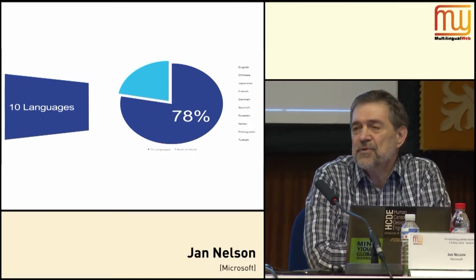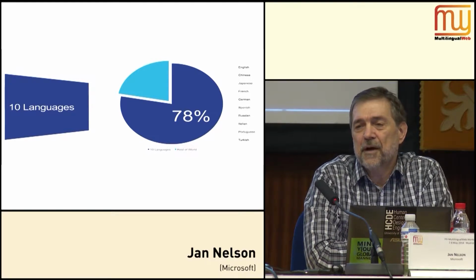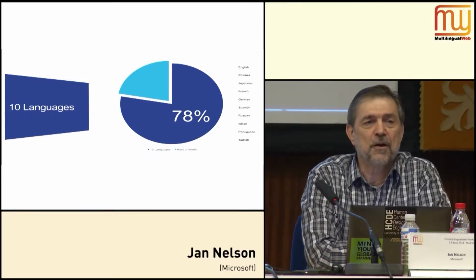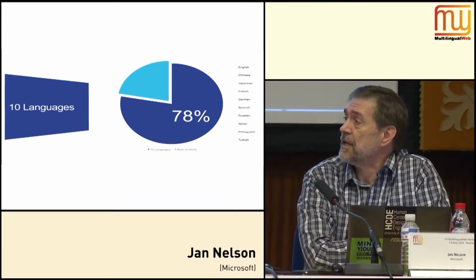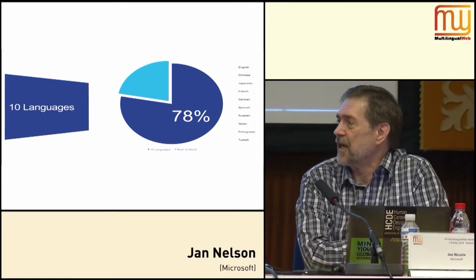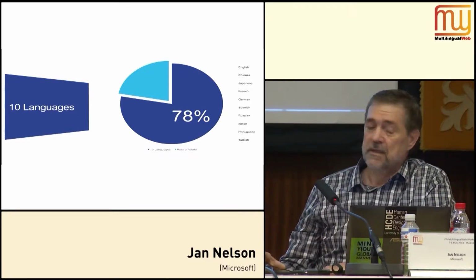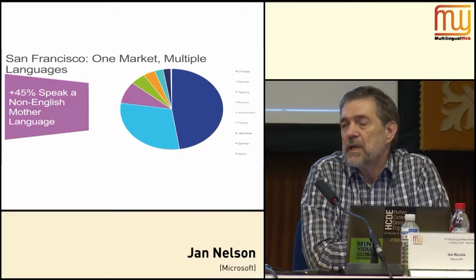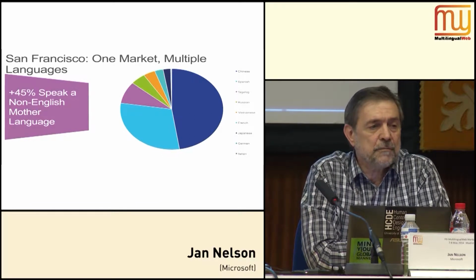10 languages, 78%. So I want to give you a different perspective. We've heard about having over 200 languages. Microsoft Windows 8.1 shipped in 108 languages, and so there's a lot of reach into a lot of markets. But as an individual developer, I don't have aspirations of shipping in 108 languages. But I might be really excited about shipping in 10.